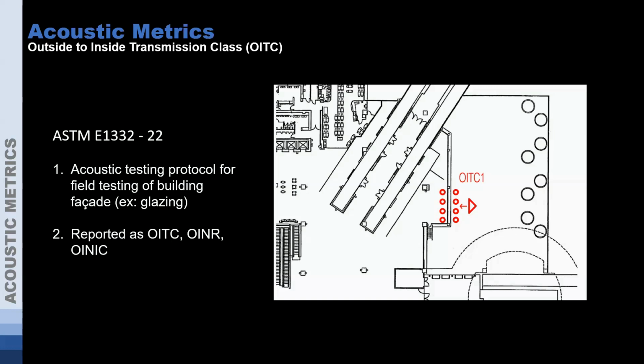You can actually see the more detailed information from the tests in the octave band and third octave band data if there's something that really needs to be looked into. But if you just have the overall OITC, it's that single number rating, it's averaging out a little bit, if you will, similar to some of those others, as we're bringing data from a lot of frequencies down to just one number.